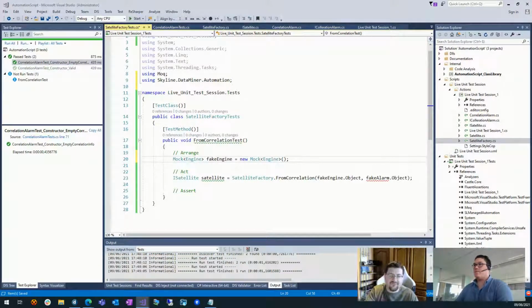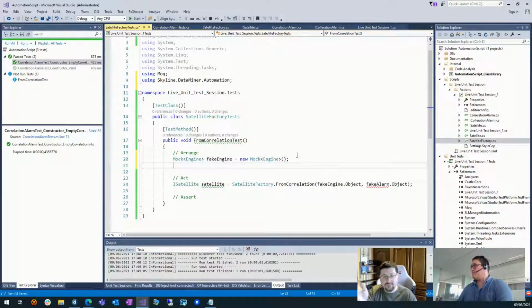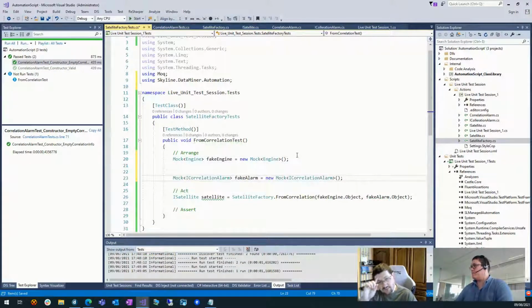So we need a fake alarm. But because we were smart and we designed our code and we have an interface, ICorrelationAlarm, we can fake ICorrelationAlarm, so we don't really need to test with that 65,006 parameter filled in, or 65,005, whatever. We don't need to actually run the constructor again. So let's start. So we have the mock ICorrelationAlarm, fakeAlarm.